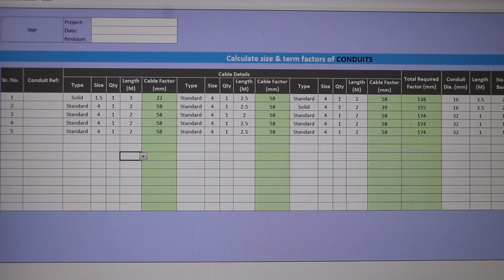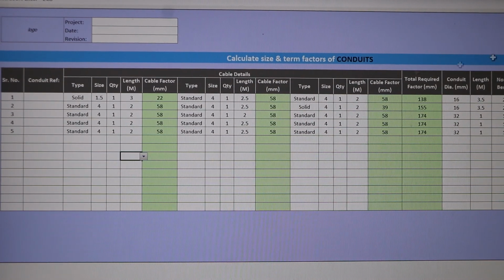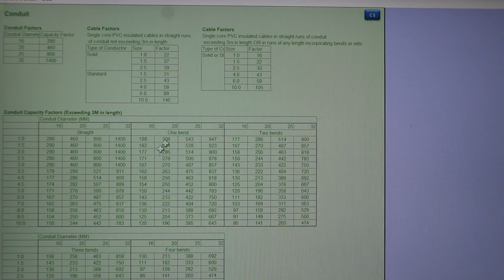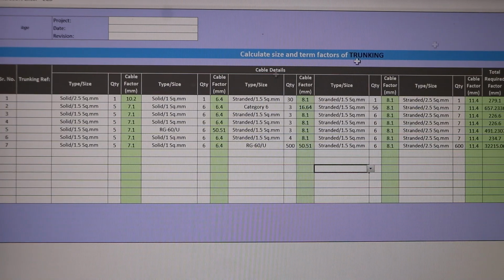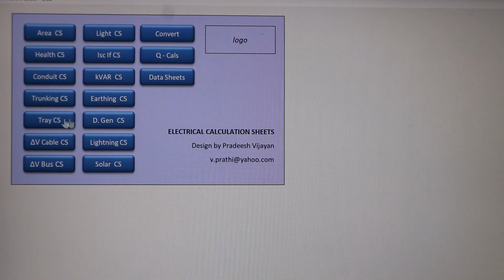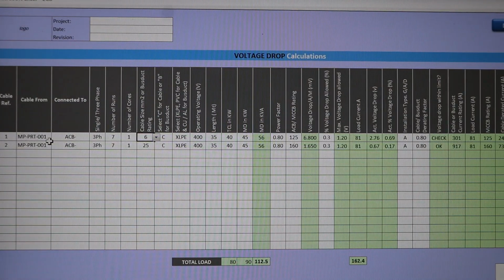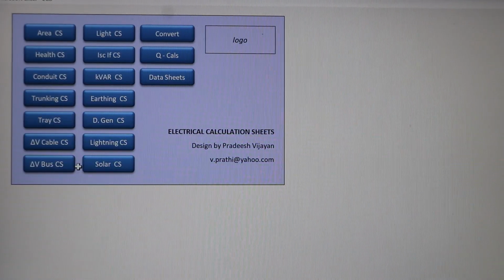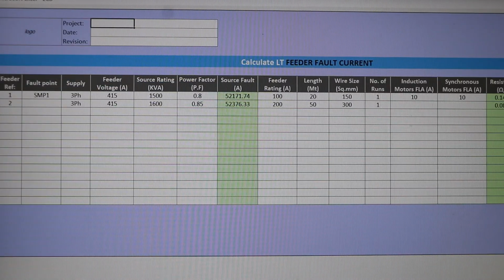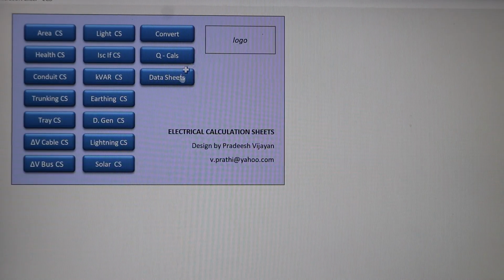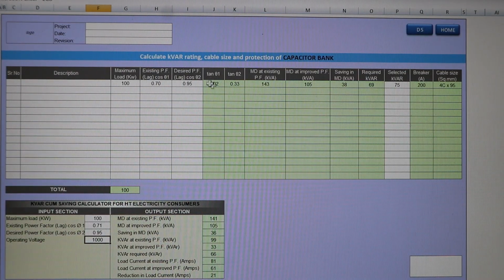If it says check, you can go back and check the details. The trunking format is available, tray is available, voltage drop calculations, then busbar calculations, lighting calculation, fault current calculations, capacitor bank,